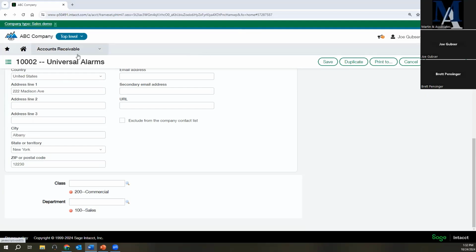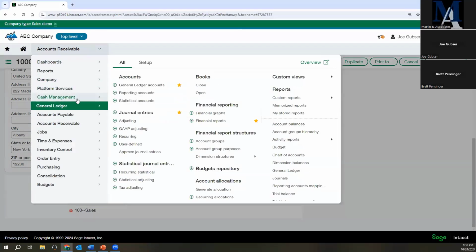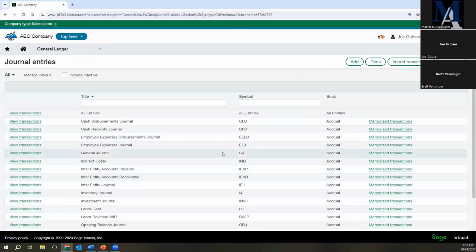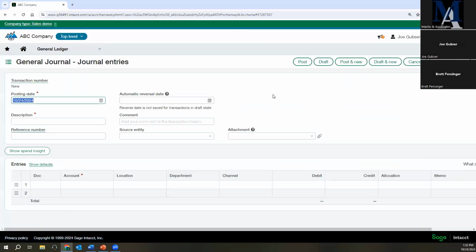Let's look at some transactions real quick. We're going to run through some transactions showing you how these things are used now, and then look at some dashboards out there. So I'm going to come here and go to General Ledger, and I'm going to go to Journal Entries, and I'm going to go to GJ Journal. I'm going to View Transactions, and I'm going to go ahead and add one here. And today's date's fine. I want to give it a description of